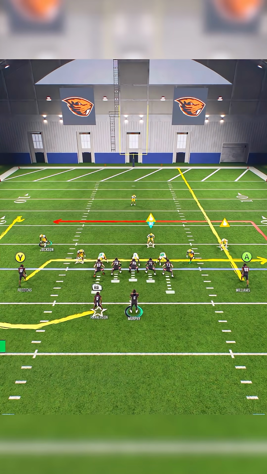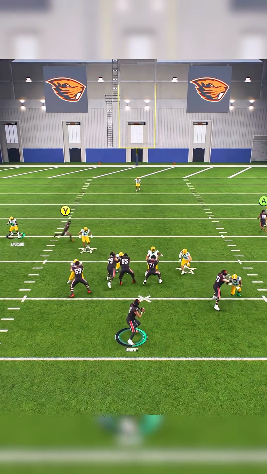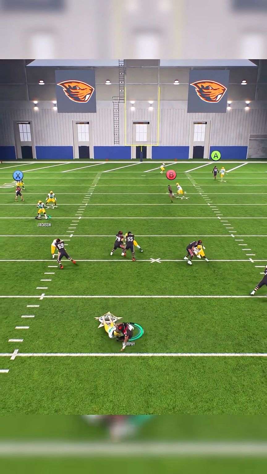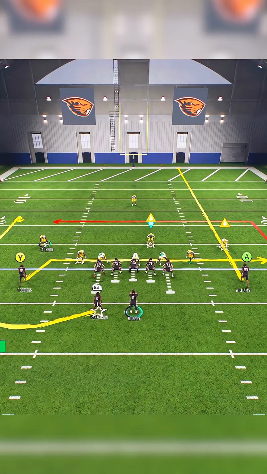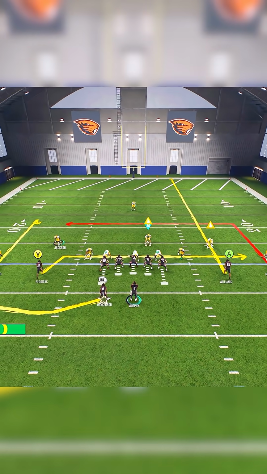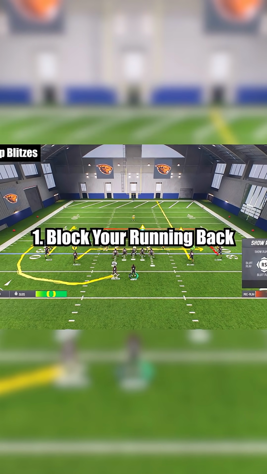But to start off, let's use an example of dealing with an opponent who's running an extremely glitchy loop blitz, where when we snap the ball, that linebacker is just screaming through this gap. There's a ton of space for him to come in through, and we're just like, how the heck do we deal with that? Well, the first way you can deal with picking up blitzes is to simply block your running